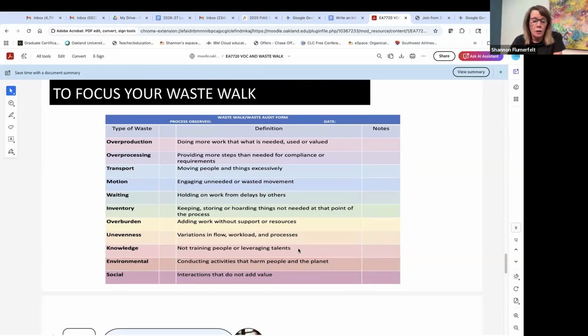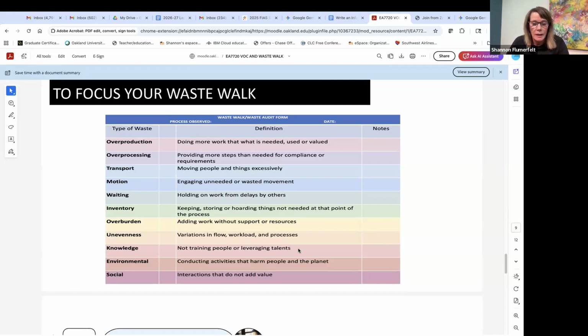Knowledge, this is where we have new teachers coming in, new administrators coming in. We don't make sure that they have a good induction period. We just put them in the classroom, put them in the administrative offices or wherever they end up, and just tell them, go ahead, day one, get started. And so they don't have the knowledge they need. Those knowledge gaps are going to cause a lot of risk to your school, to your students, and to that individual professional as well. So we want to make sure we're transferring knowledge and recognizing when there's not knowledge transfer,